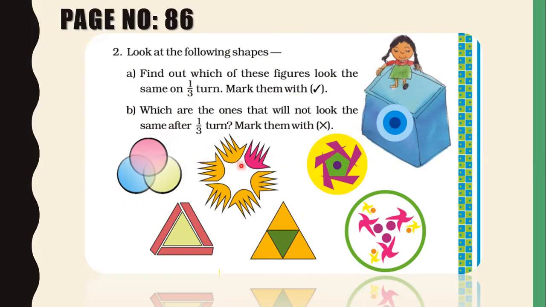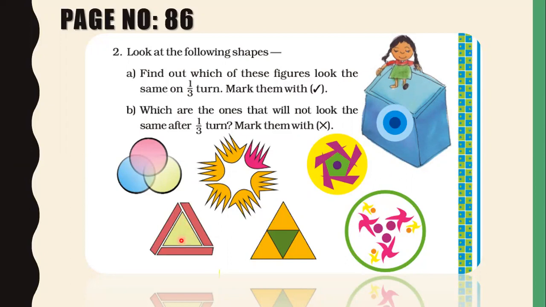And second figure also, in one pattern, the color is different and it will not be looking the same on the 1/10. And the next figure cannot be divided into two identical halves. So this figure also will not look the same on a 1/10. And if we consider the last three figures, fourth, fifth, and sixth, all three will be looking the same even after the 1/10.